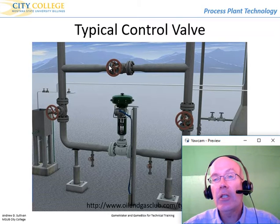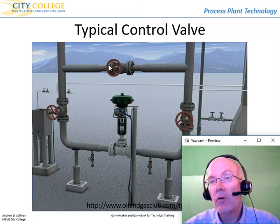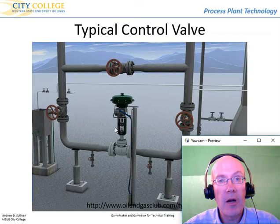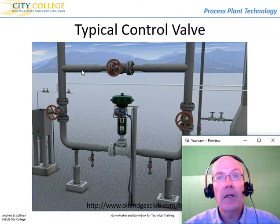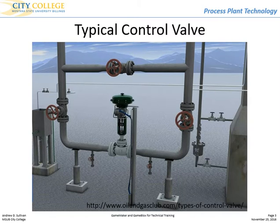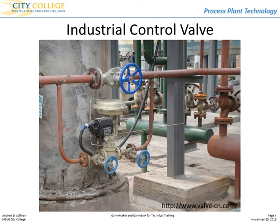Interesting. The challenge is that some units in a refinery shut down on low flow or high flow, so you need to be able to take the green valve out of service when it's not working properly while maintaining a steady, constant flow. That's not so easy. Here's an industrial version of a valve,